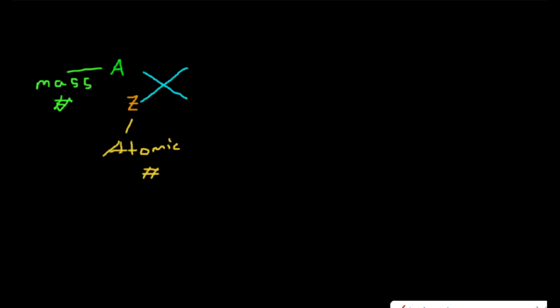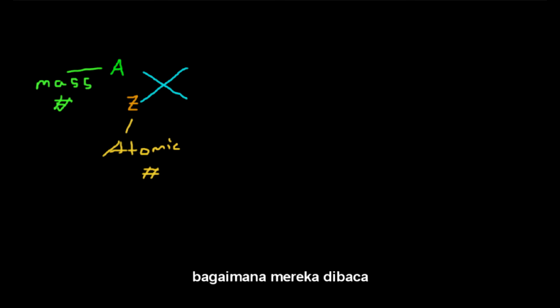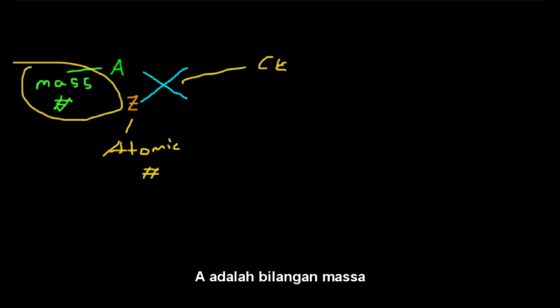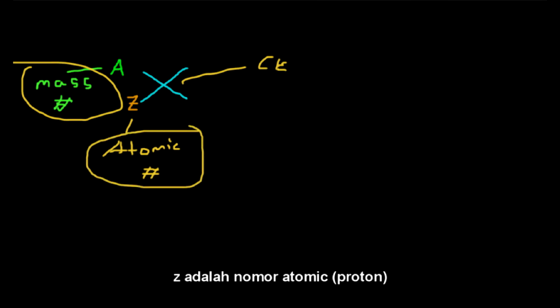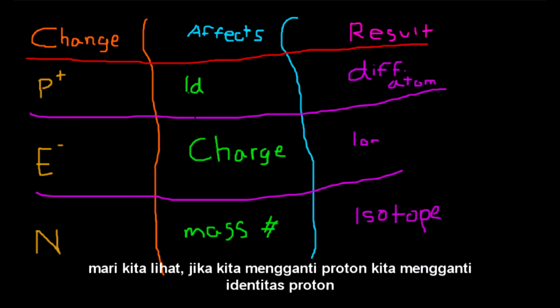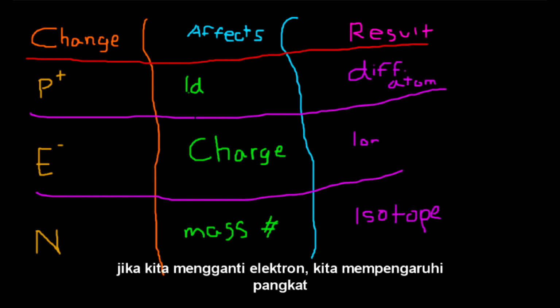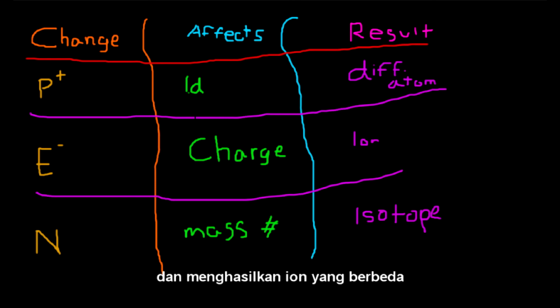Right now we're going to talk about the isotopes. There are only a few things that you should know about isotopes. This is the chemical element, A is the mass number, and Z is the atomic number. Atomic number usually equals the electrons, and protons are the same. If you change the proton number, you change the identity, and it will result in a different atom. If you change the electron, it affects the charge, and it will result in a different ion. If you change the neutrons, it affects the mass, and if it affects the mass,